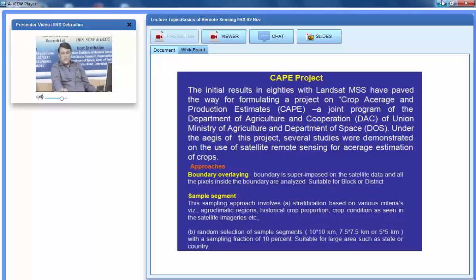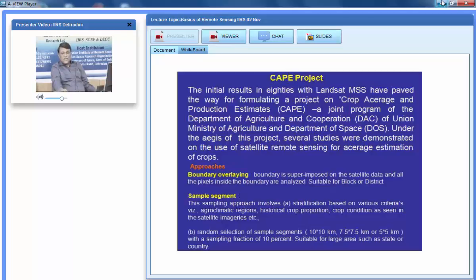This kind of approach requires more ground truth, and it is suitable mainly for blocks and districts, smaller administrative units, or you can say it may be more suitable for research, academic, or demonstrative case studies. But when the interest is a nation, state or a region,